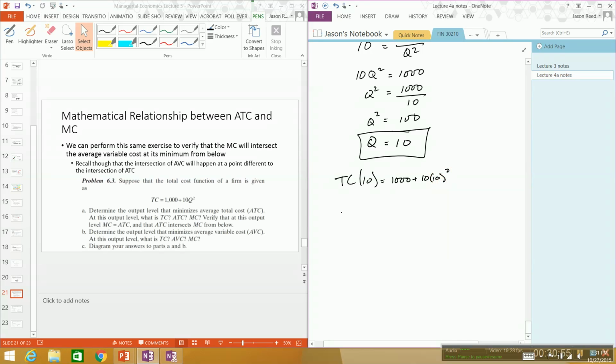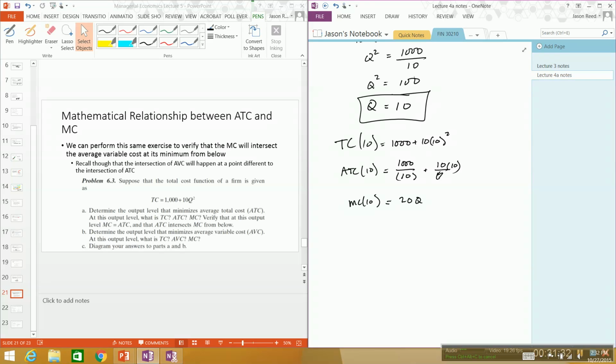Then average total cost at 10 is equal to 1,000 divided by 10 plus 10 divided by 10, 10 times 10. Then we get marginal cost at 10. Well, we haven't solved for the marginal cost yet, but we can solve, and that's going to be 20q. And so 20 at marginal cost at 10